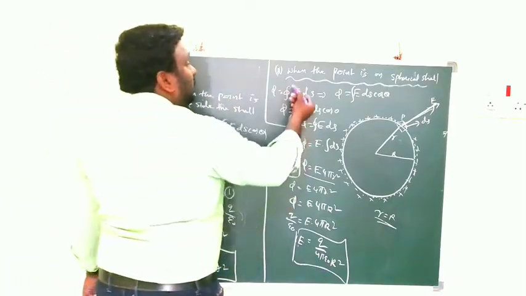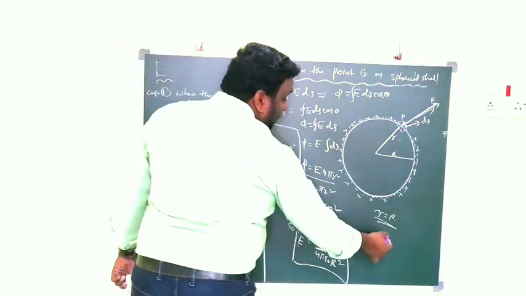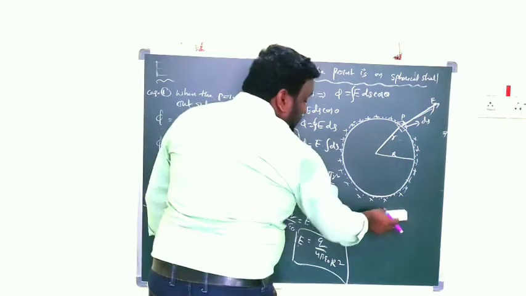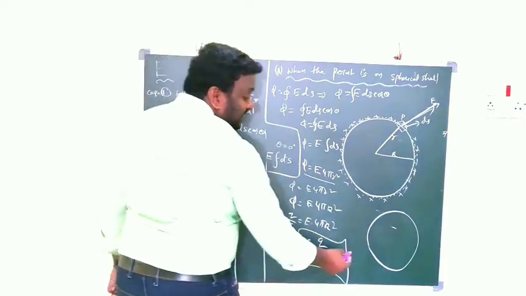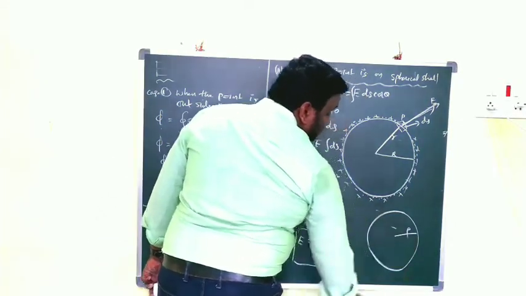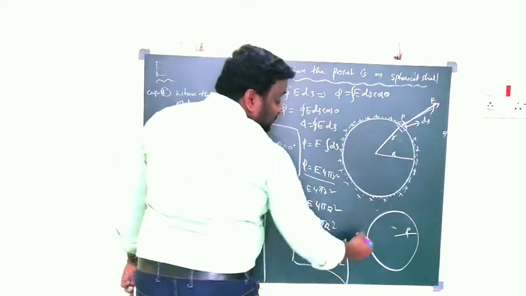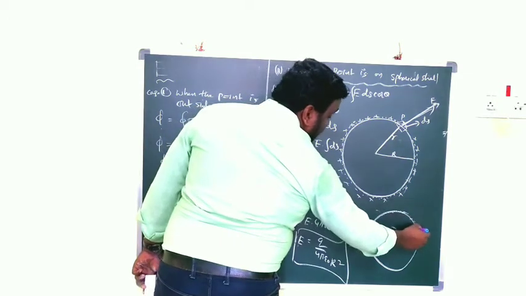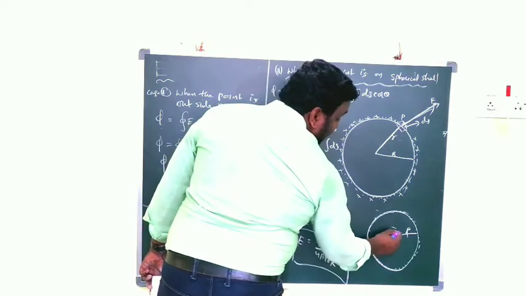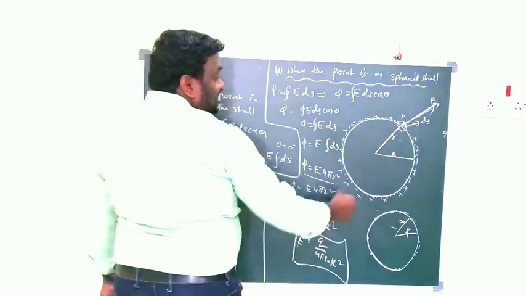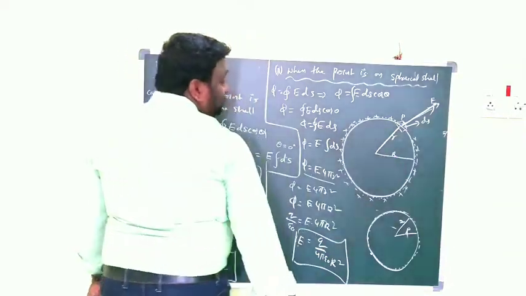Okay. Look here, when the point is on the spherical shell, very simple. Initially what do we take? This is one charged shell of radius capital R. Again we select one point on the shell. That's why here we have to construct the Gaussian surface on the shell. So the radius is R. That means the Gaussian surface is nothing but right over the shell. That's why r is equal to R.